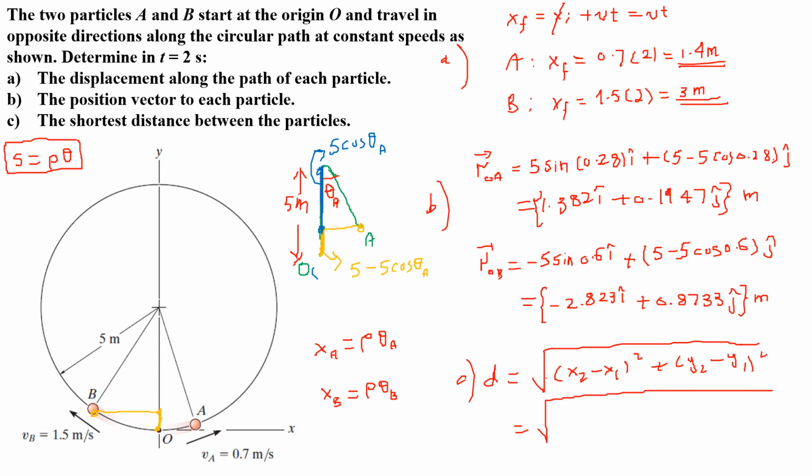Okay, but as I said, it doesn't really matter because we are taking the square. So now putting this, I will have negative 2.823 minus the x component for OA, 1.382, squared, plus, now y2 is the one for the OB, which is 0.87333 minus 0.1947, squared. Okay, so if you put that on the calculator, here I got this answer to 3 significant figures, 4.26 meter. Okay, so that's the answer